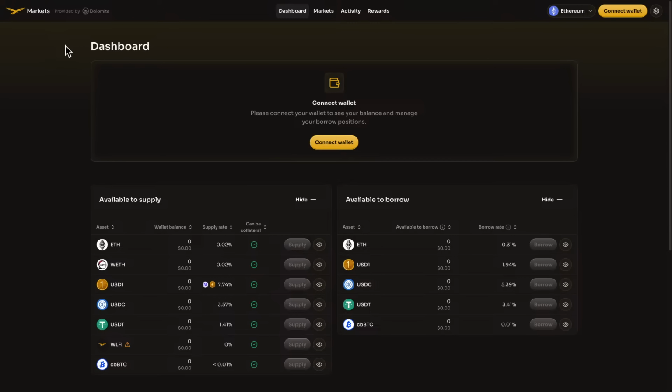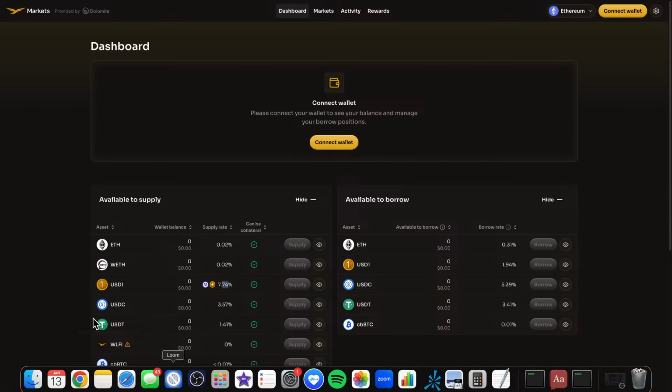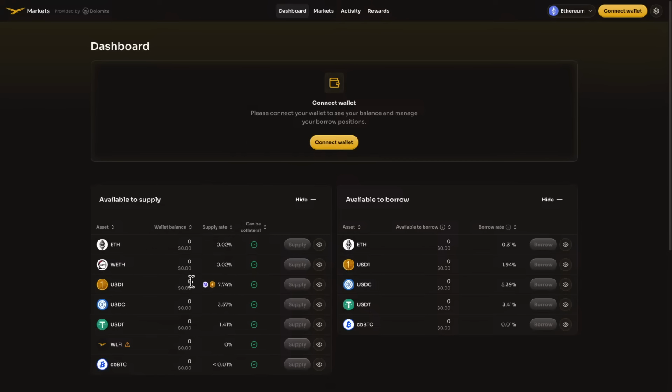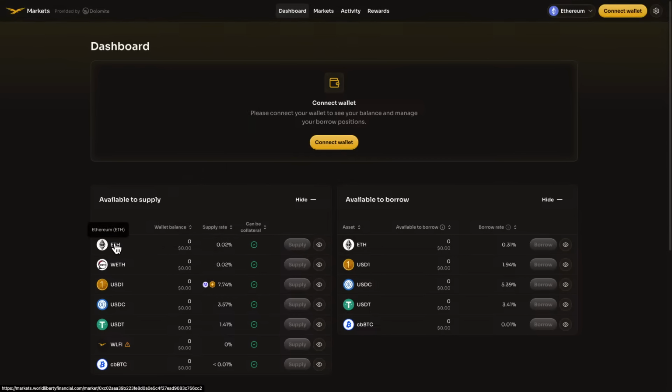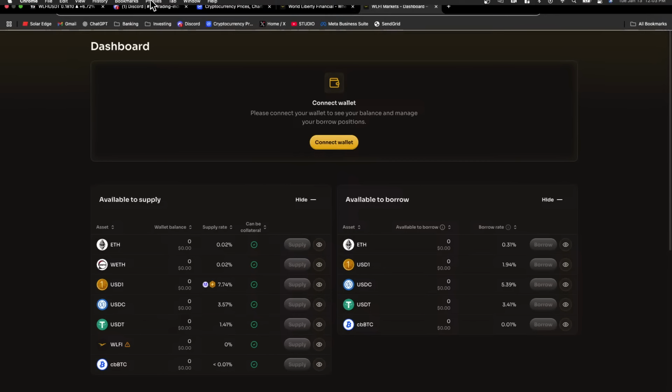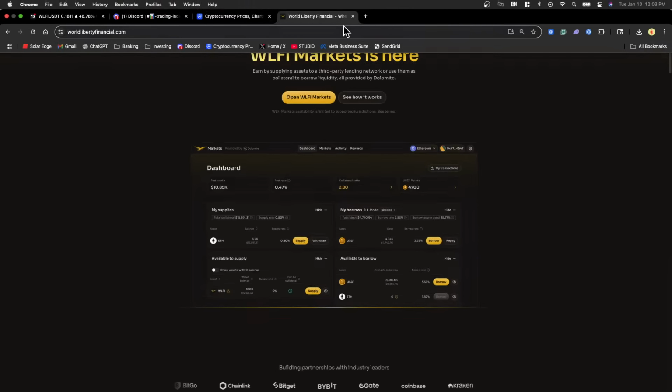So they're pretty much going to be a DeFi bank, a decentralized finance bank. So people are going to be able to store their crypto here. Like you can supply your USD1 here and collect 7% on it right now, which is pretty insane. But they just launched this, so if you guys want to dig into how this works, I recommend watching some YouTube videos. I'm not going to dig into it right now, but technically what they are giving you the ability to do is supply a crypto, like Ethereum or USD1, USDS, even World Liberty Fi, and then you can borrow against your assets, which is pretty much the new financial system, folks. If we're going to a crypto-backed system,